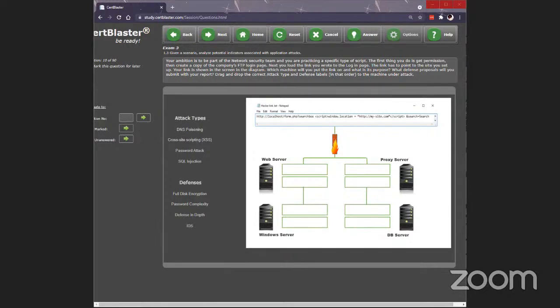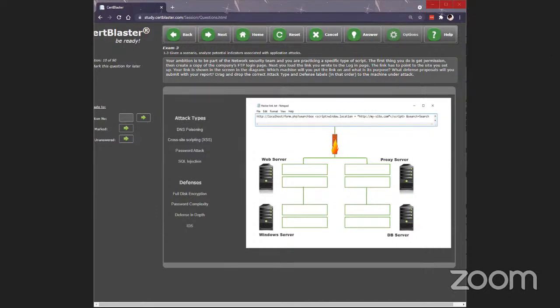Okay. So this is a web server attack based off of the FTP login. They're trying to send files, basically.